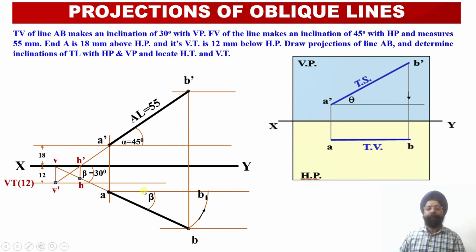So now my apparent length is AB1. This is the length of the top view projection AB1, which happens to be parallel to the vertical plane. Once the length of the top view projection is parallel to the vertical plane, if I draw a projection through this second point, I should be able to reach the horizontal locus line corresponding to the point B dash. So through B1, I will be drawing a perpendicular line upwards. Please check the direction of the movements.